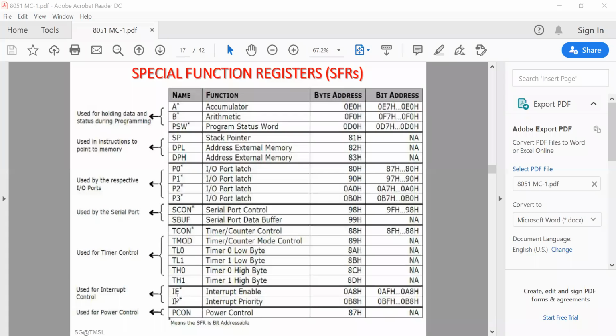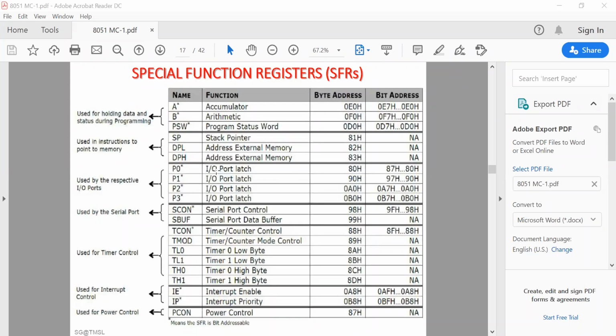Okay, now as you can see here, the port P0, which is an IO port. The address of this port 0 is 80.